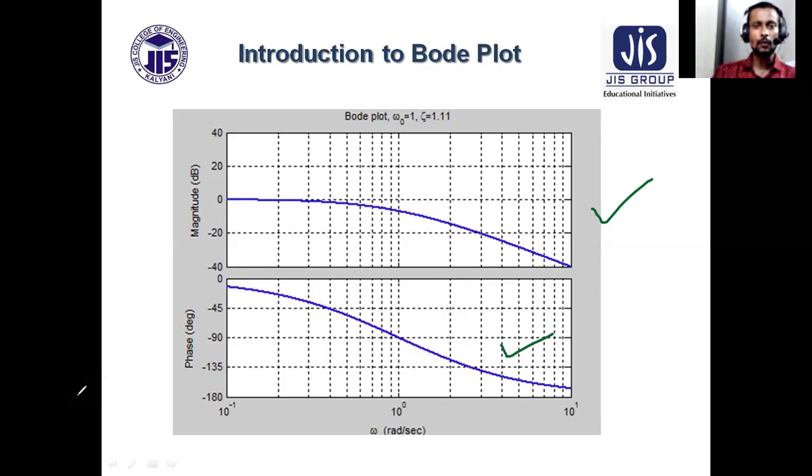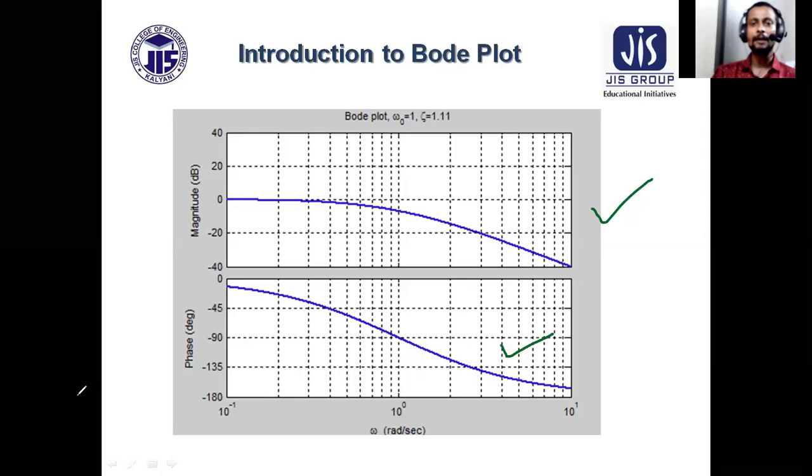Once these two graphs are obtained, we could easily get a few parameters which are required to comment on system stability. What are those parameters? Those parameters are gain crossover frequency, phase crossover frequency, gain margin, and phase margin. So based on the values obtained from these two plots, you could comment on system stability. So our objective is to comment on system stability using the Bode plot method.